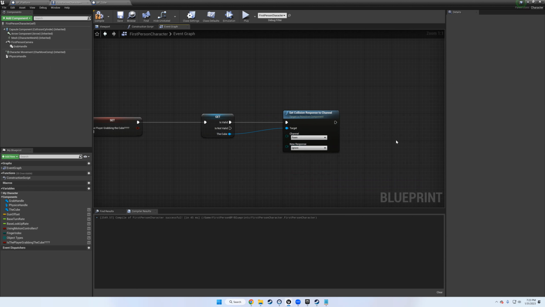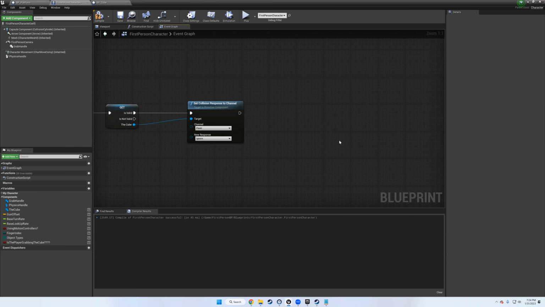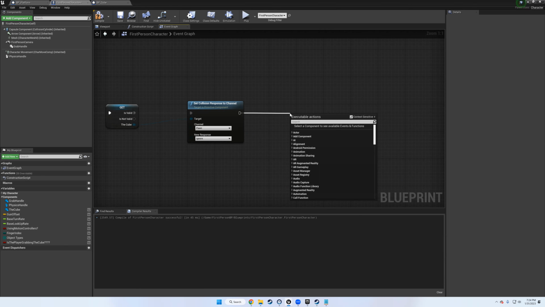And what this is doing is saying that when I let go of the cube and the cube happens to be stuck in the player just a little bit, then the cube will explode and just go crazy because it's physics, right? But what we're doing is saying, hey, as soon as I let go of it, just ignore the pawn, ignore the player for now, right? And then we'll say this one's going to be set all physics,